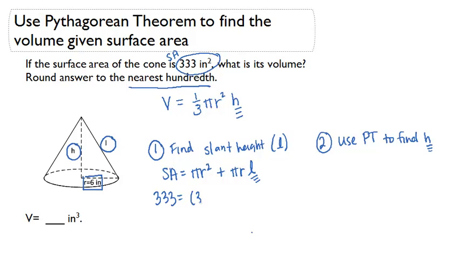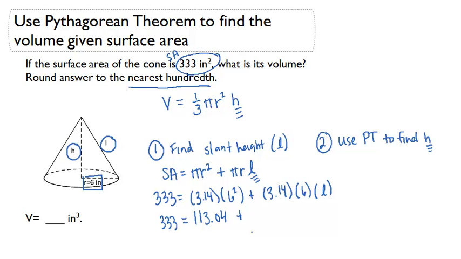For pi I use 3.14 times 6 squared plus 3.14 times 6 times L. If I do 3.14 times 6 squared, I get 113.04. And if I do 3.14 times 6, I get 18.84